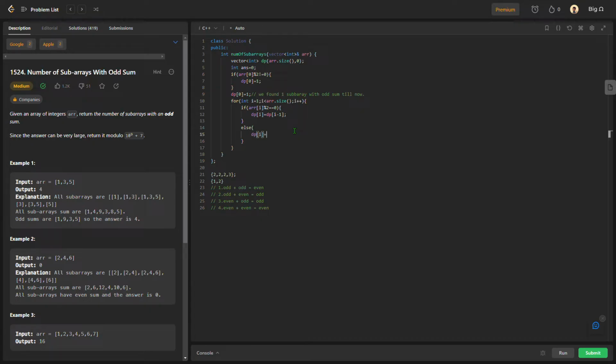dp of i is equal to i minus dp of i minus 1 plus 1. That is, if previously there had occurred an odd element that was making our subarray sum odd, likewise 1, 2, 3, 4 and 5. For this, our dp would have been storing 0, 2, 2, 2,